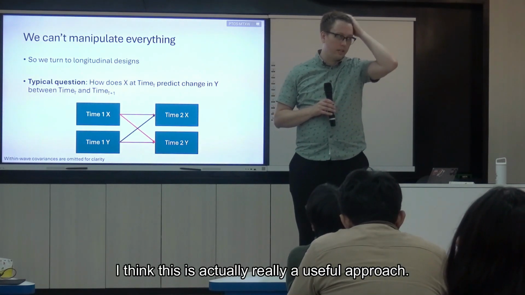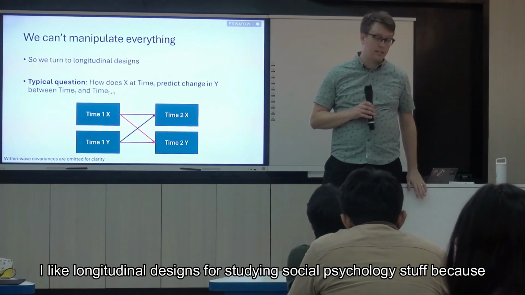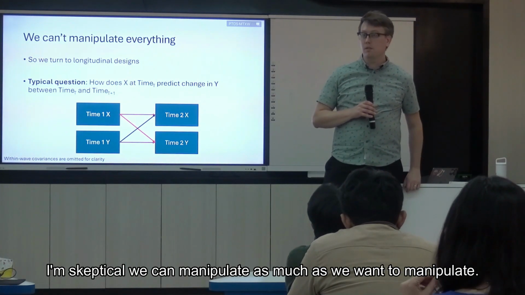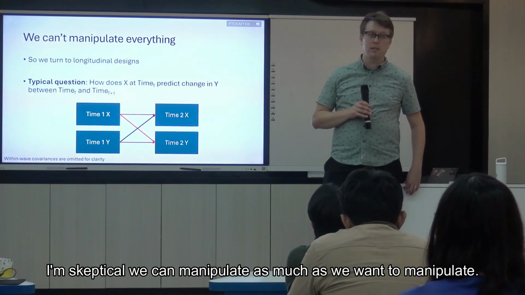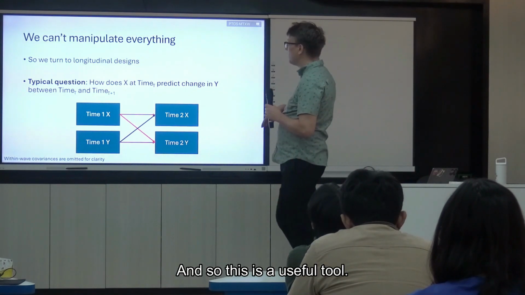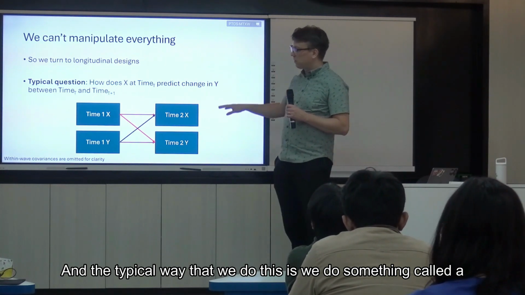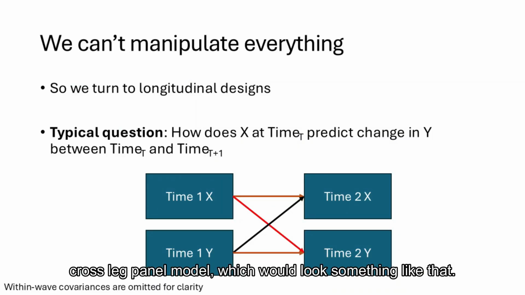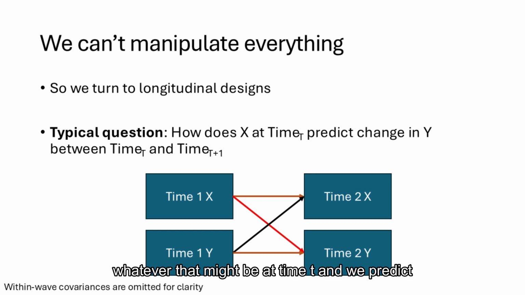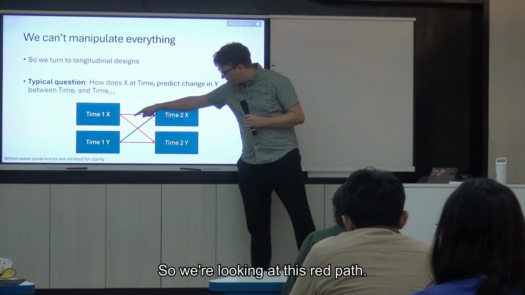I think this is actually a really useful approach. I like longitudinal designs for studying social psychology because I'm skeptical we can manipulate as much as we want to manipulate. And the typical way that we do this is we do something called a cross-lag panel model, which would look something like that. We measure X, whatever that might be, at time t, and we predict how it changes Y at time t plus 1, or time 2. So we're looking at this red